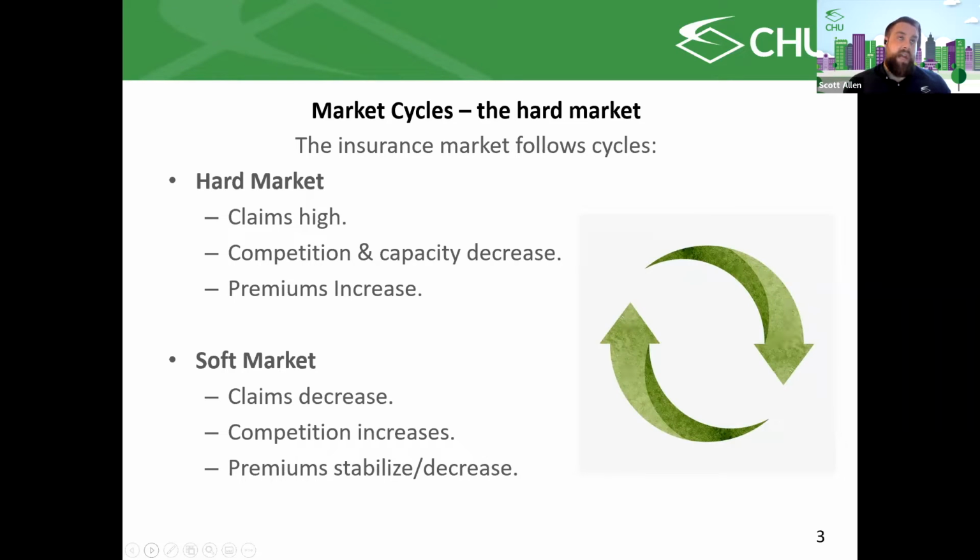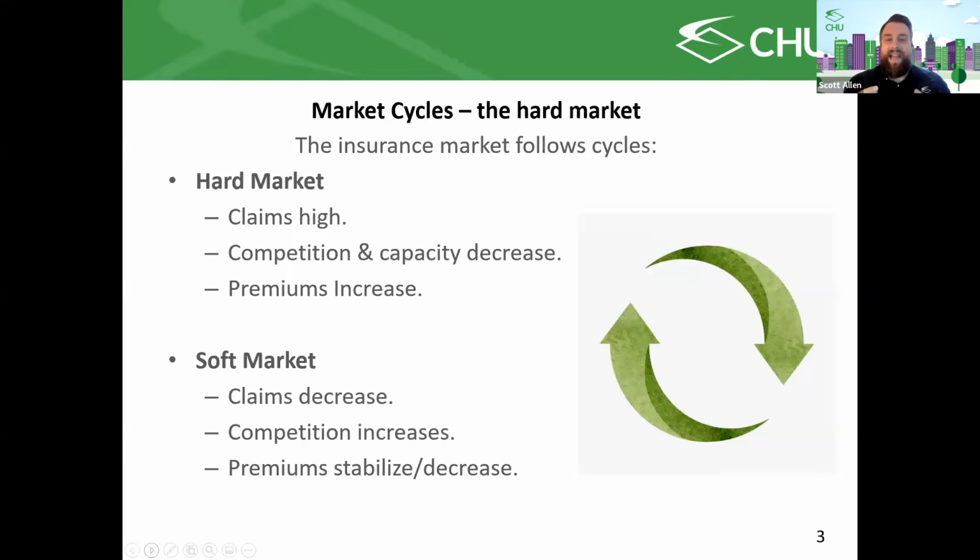You'll see insurers in those hard market periods either stop insuring certain risks because they are too risky and they kind of get priced out of the market. And you'll generally see premiums increase to make up for the claims that have been occurring over the previous time period. And then there's the soft market, which is of course the direct opposite, where because of the increasing premiums, the gap between premiums and claims becomes much more stable.